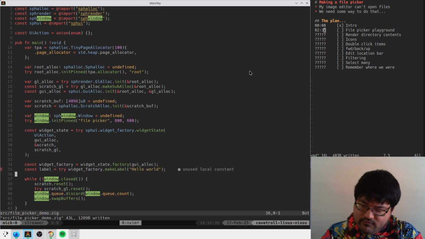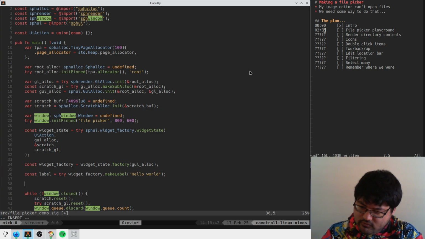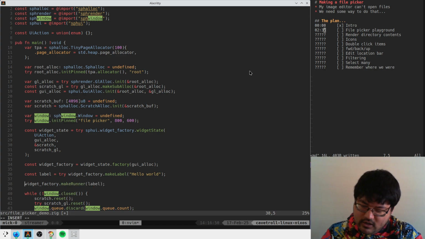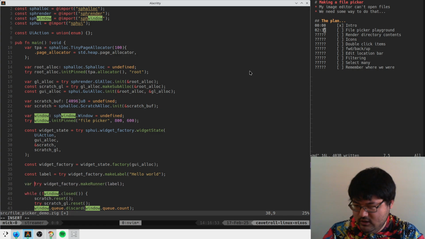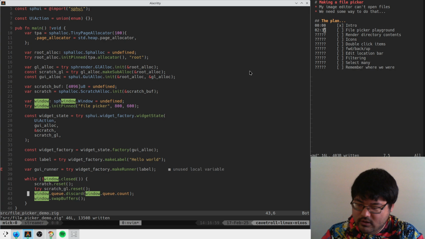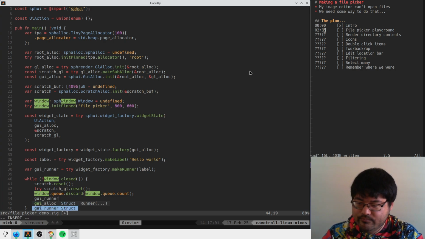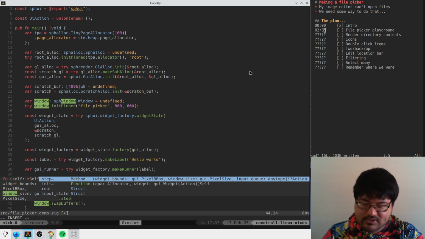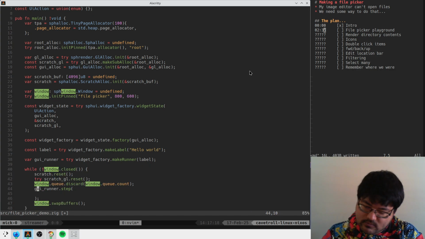Then this guy we usually feed into a root runner for the GUI framework. I think it's something like this. So we go make runner, and we say the root thing is just going to be this label for now. This will change later. And this is the GUI runner here. Does this thing return a pointer? No. And now at the very end, we go GUI runner step. We step this thing, and we need to step it with some sort of bounds, I guess. So widget bounds, window size, input queue. Okay, so the input queue comes from the window,